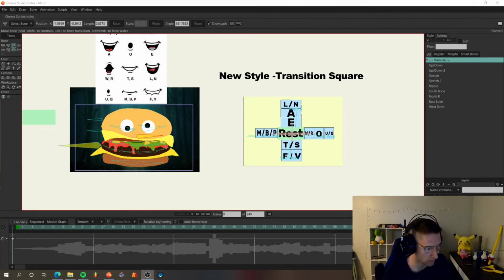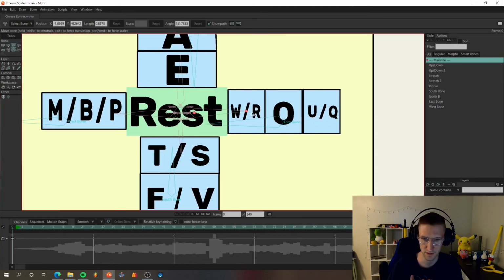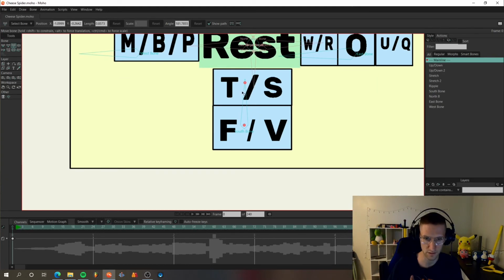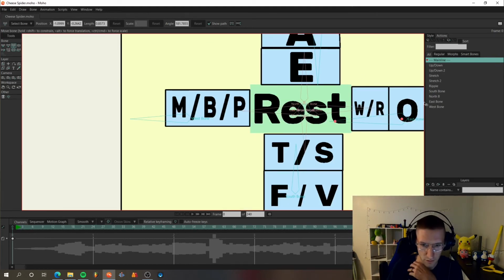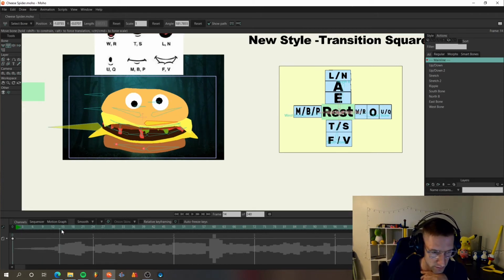All right. So I just finished getting this all rigged up the way it should be. As you saw, on the screen here, you can see my mouse. I have the EALN all added onto this north bone. This east bone has these, south bone has these, west bone has these. So they're all hooked up. And when you edit this, then,